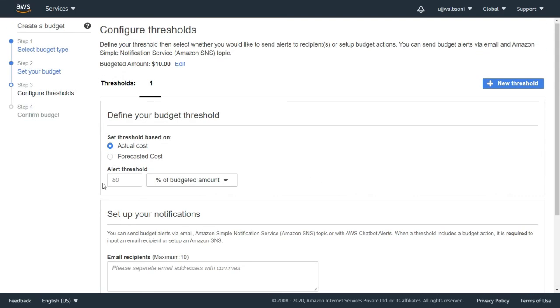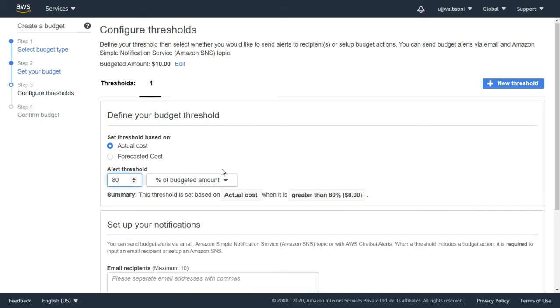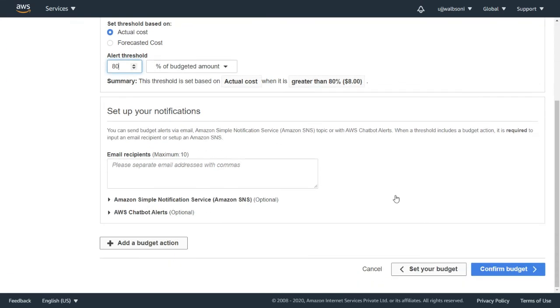Let's say if it reaches 80% of the threshold of the budgeted actual cost, like if it reaches $8, then we'll get a notification.